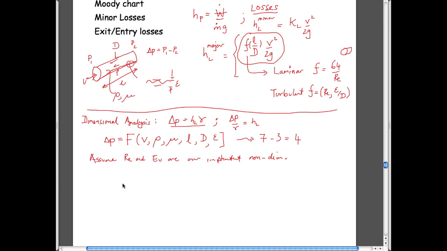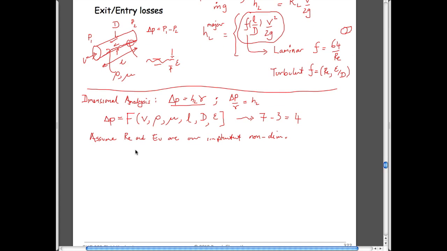And so we think that Reynolds number and Euler number are going to be important variables just by inspection. We know that Euler number includes something which is a change in pressure, a density, and a velocity squared term. And we know that Reynolds number is given by a velocity, a density, a characteristic length term, and a viscosity. And so we know that there's an extra term in here which represents length,